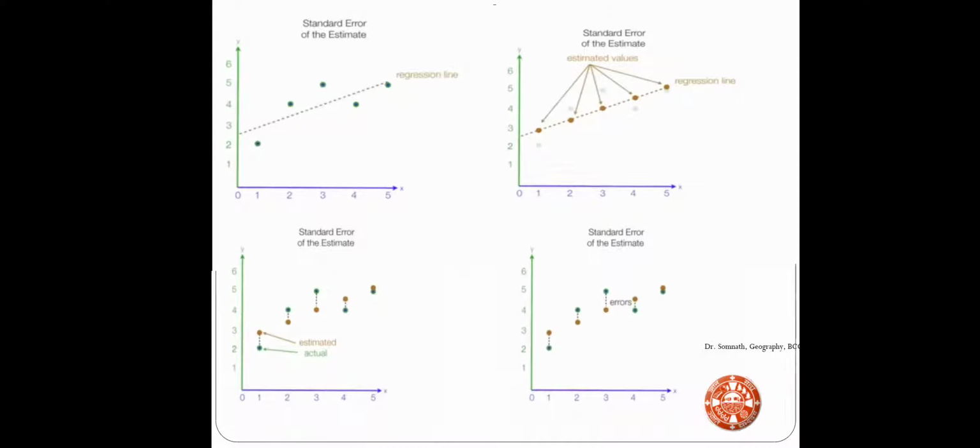In contrast, if the SE, that is the standard error of estimate, is 0, then we may take it that the estimating equation is the best estimator of the dependent variable. In such a case, all the points would lie on the regression line and there would be no points scattered around the regression line.